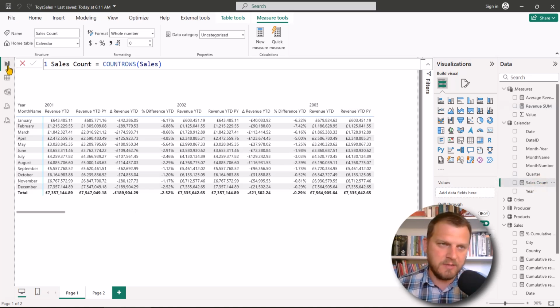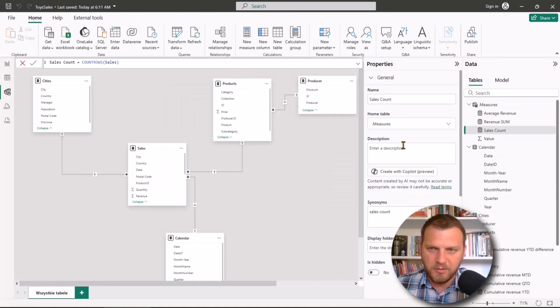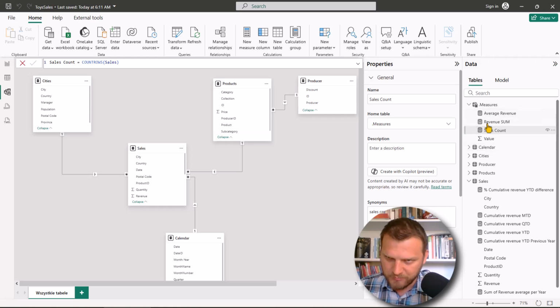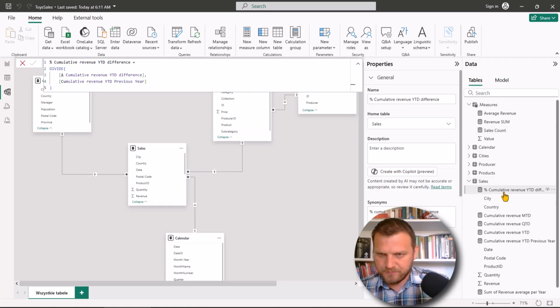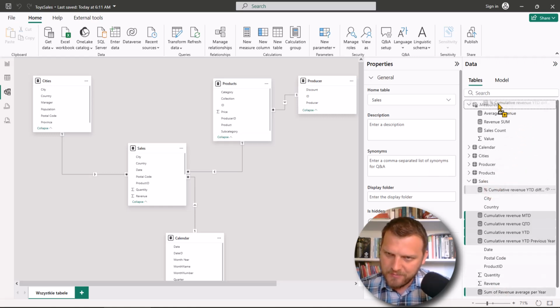But when I'm on the report view or table view, I am not able to just drag and drop, so I will have to choose the home table with the mouse in this field. But when we go to model view, we can see in the calendar table there are more measures, and I have some measures in the sales table, and with Control I can select all of them,